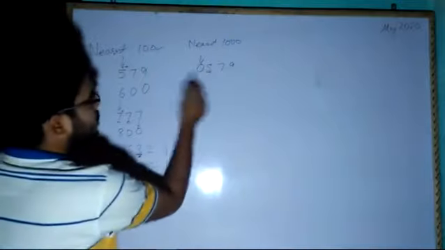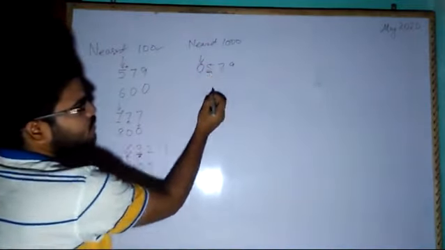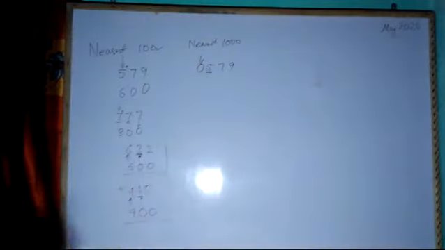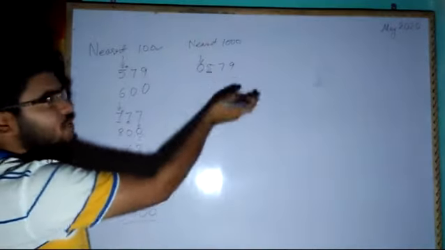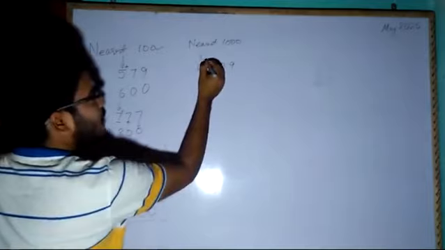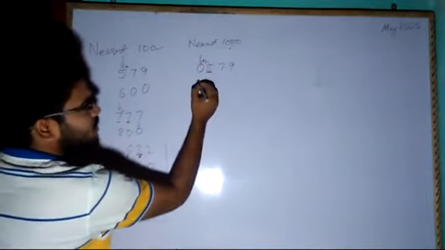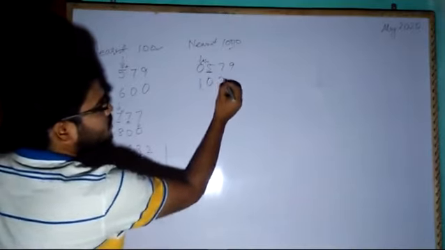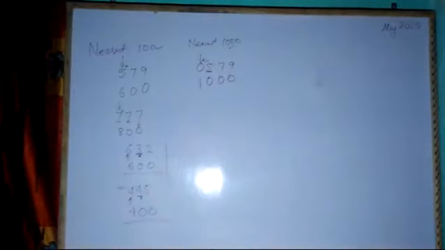So here the nearest 1000 was nothing. That means indirectly it was 0. You have to see the 100's position. It is 5. It is equal to 5. If the number is less than 5, then we have to discard and write 0. But if it is 5 or greater than 5, what we have to do? We have to add plus 1 to the position of the nearest 1000 or whichever position they ask. So here it will become 1. This will be replaced by 0, 0, 0. I hope it is clear.